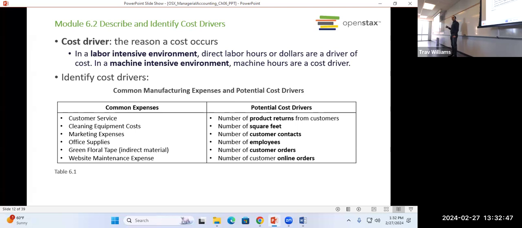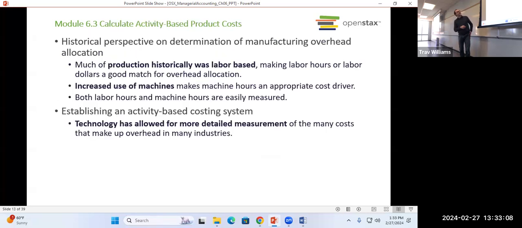But if the company feels like these costs are the best way to figure out how much overhead to apply to a particular job or process, the company can do that as long as it doesn't share that information outside of the company, right? Because investors would not understand what's going on.